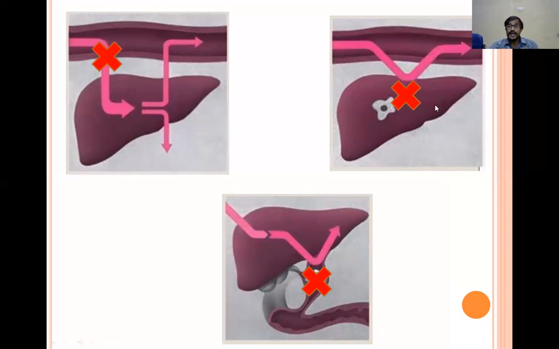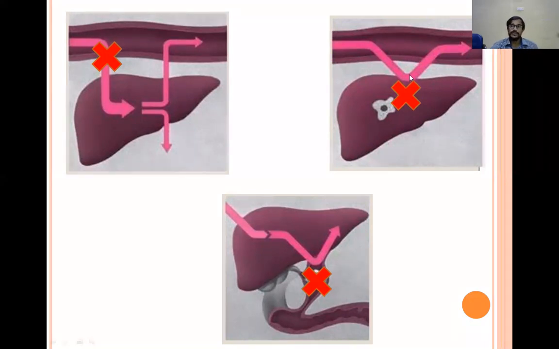So this is the hepatocellular or hepatic jaundice. Here production is normal, but the defect is conjugation. As the defect is within the liver, the production of bilirubin is normal but the conjugation is abnormal. That's why in hepatic jaundice both indirect and direct bilirubin will be increased. This is generally seen in liver diseases like liver cirrhosis and hepatitis.